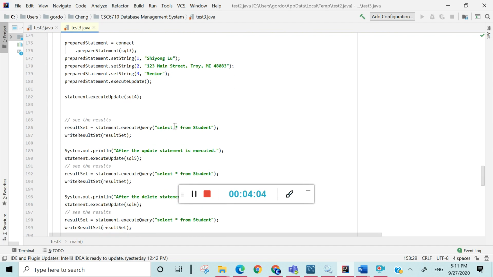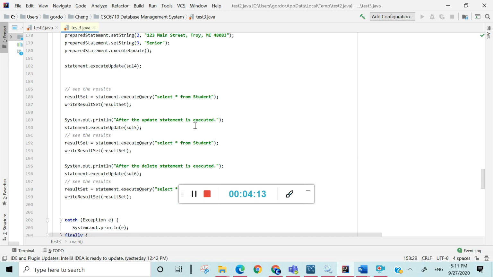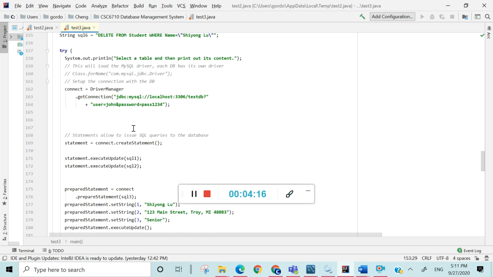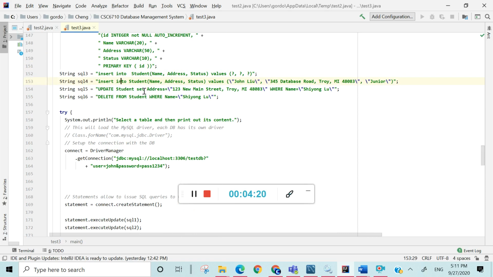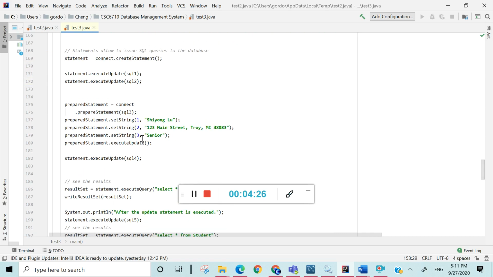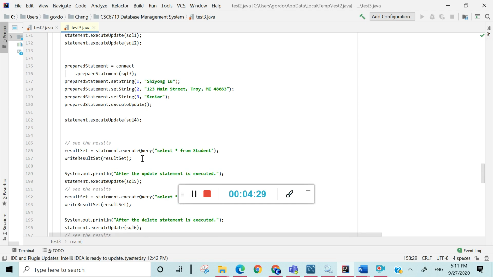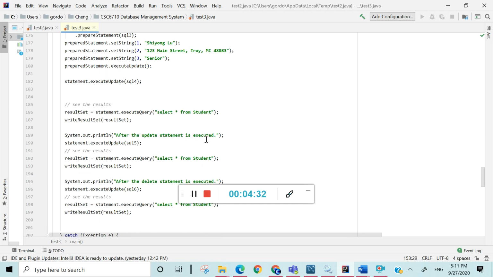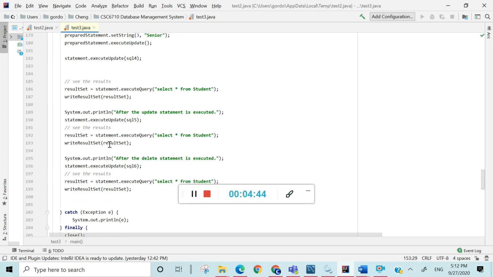And then it queries from the table, select from students, and then displays it, and then executes SQL5, which updates the table with these values, and also prints out this string, and then queries from the table, and then updates